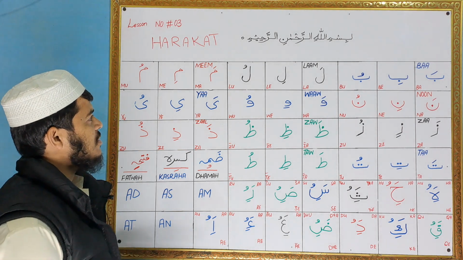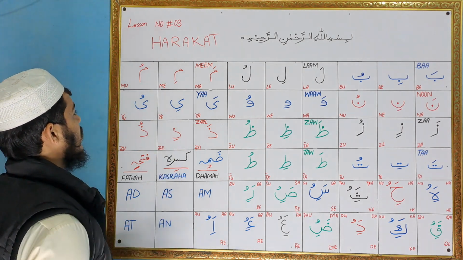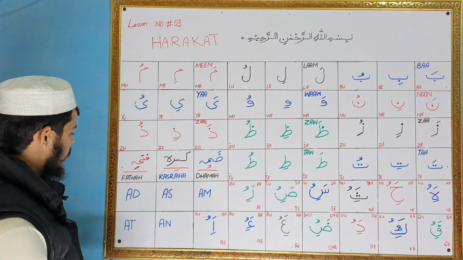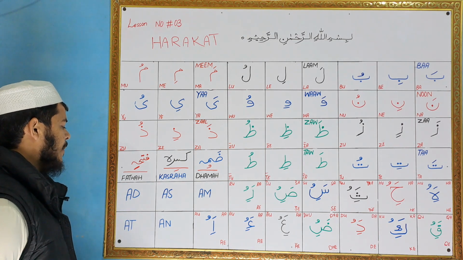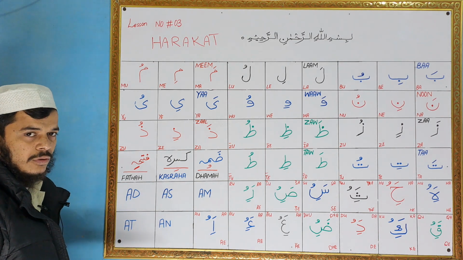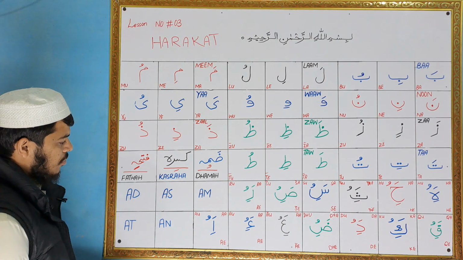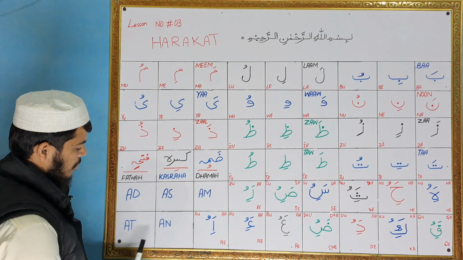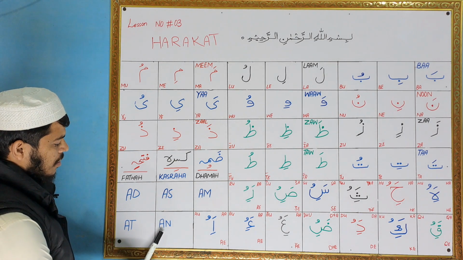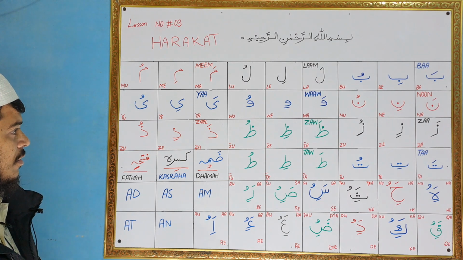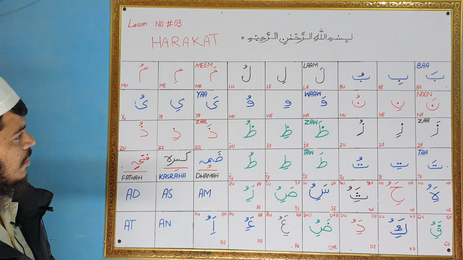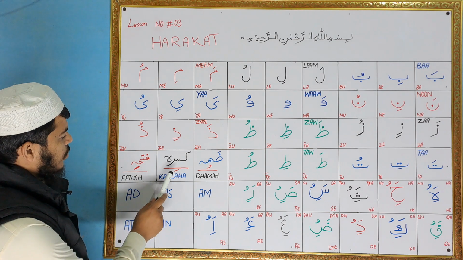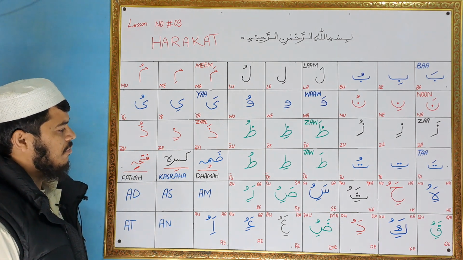And this is our third lesson named Harakaat. So in English, when two letters come together, like let's say A and D, then it will make a word or give a sound like add, and A and S will give as, am, at, and an. And similarly in Arabic, when fatha or kasra or dhamma comes on top of a letter, then it will